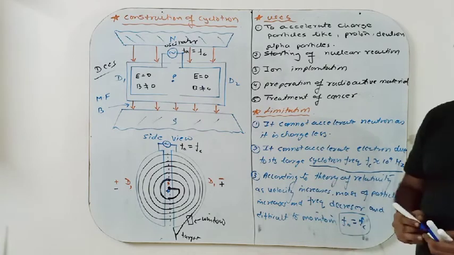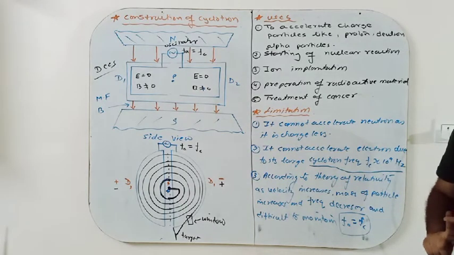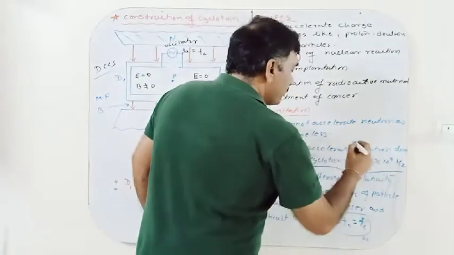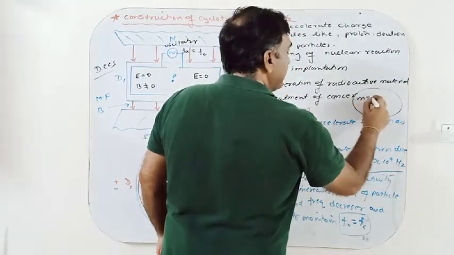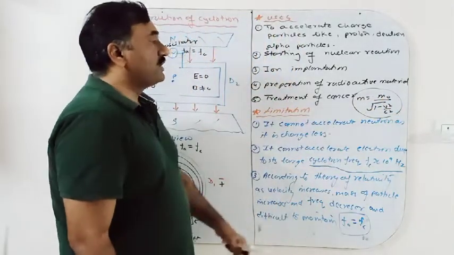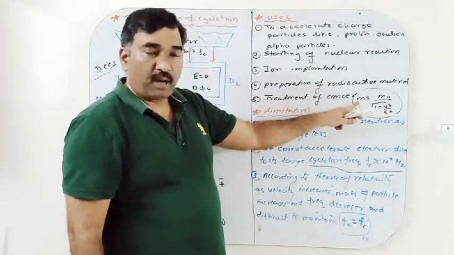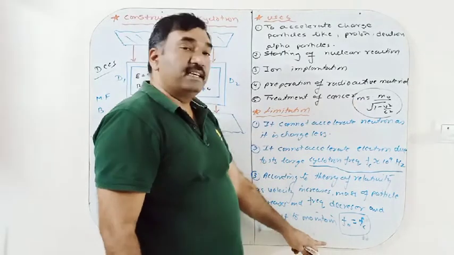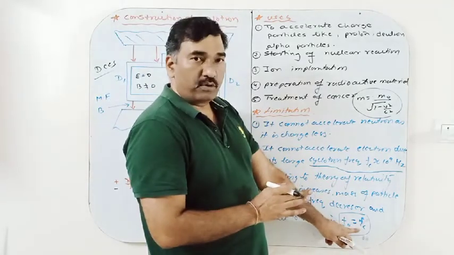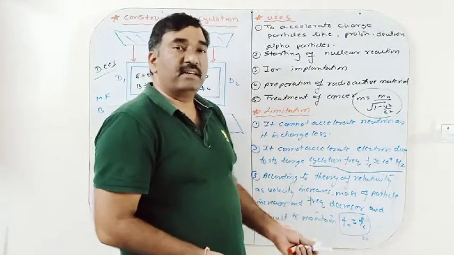And the last limitation, according to the theory of relativity, as velocity increases, the mass of the particle also increases. What is the formula which gives the relation? So you already know the formula. M is equal to m naught over root of 1 minus v square by c square. According to this formula, as velocity increases, the mass also increases, so frequency decreases, then it is difficult to maintain the frequency of the AC with the frequency of the cyclotron. So we cannot considerably or largely increase the velocity of a charged particle beyond a certain limit.